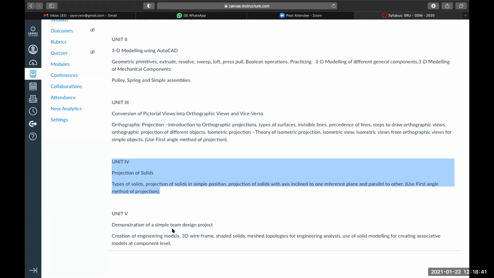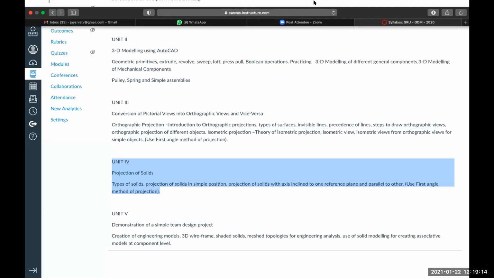Even from the internet, if you want to select any object, you can search on Google: 3D components drawn using AutoCAD for civil engineering students. If you are willing to draw any floor plans, like any apartment drawings, you can opt for that also. But the task I'm giving to you all is that you have to select any one object and we will discuss it in the next class.